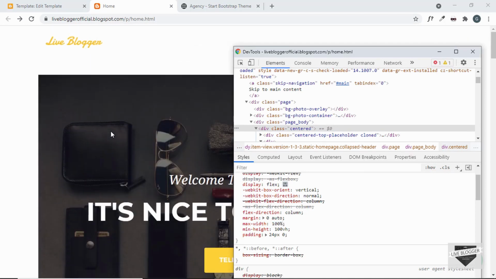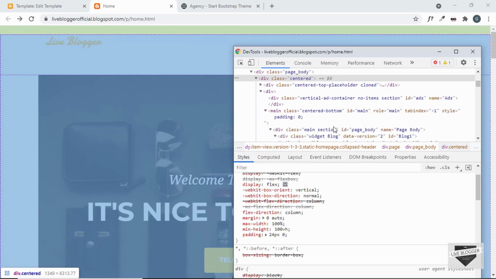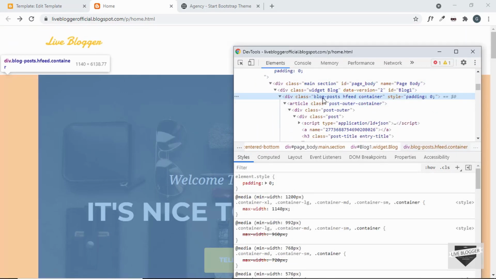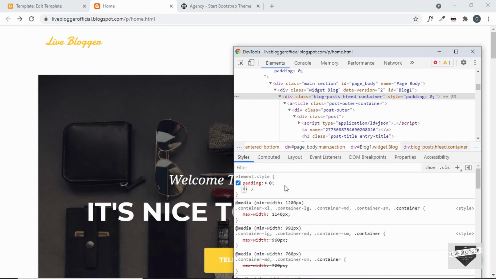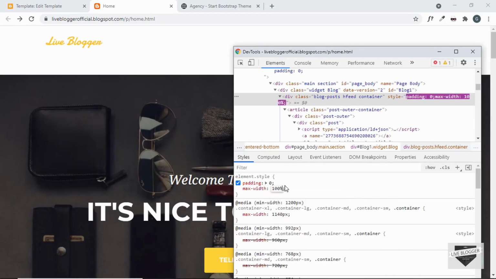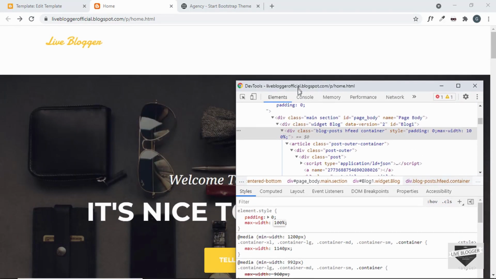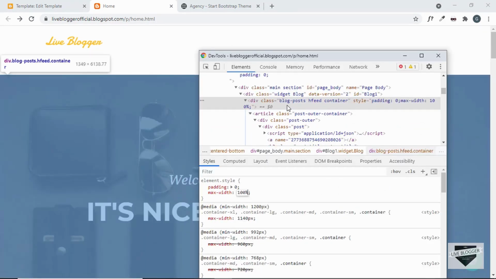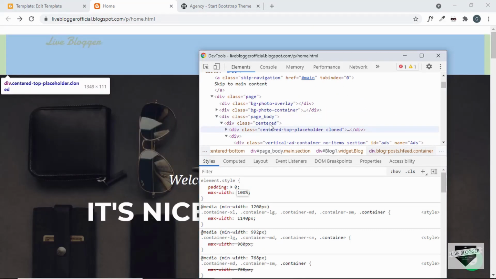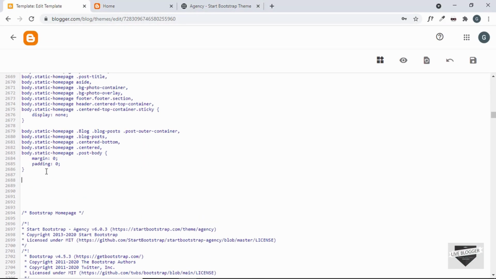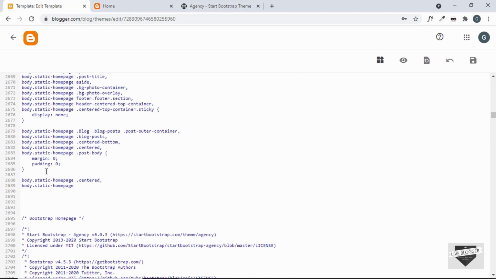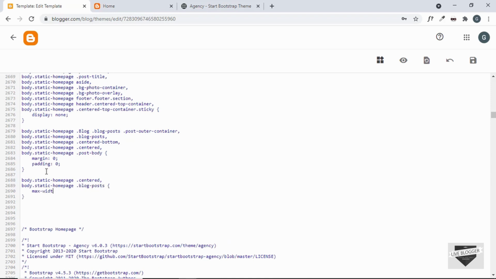And we have some more restrictions over here, so let's see what that is. And here you can see for blog posts we have a fixed max width. So let's set the max width to 100%, and now we can see that it has taken up the 100% width of the screen. So let's add these as well to the code. So we have to add max width of 100% to blog posts and centered. So let's do that. Here we'll just type body.static-homepage centered, and we'll type body.static-homepage blog posts, and we'll type max width of 100%, and let's save it,